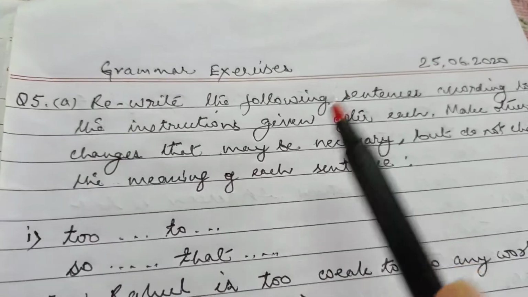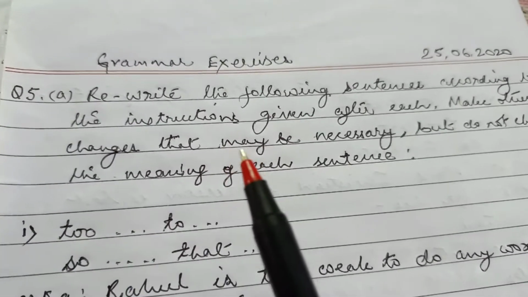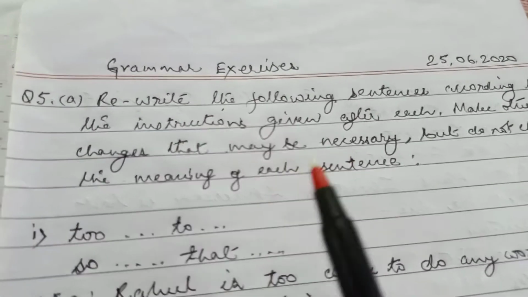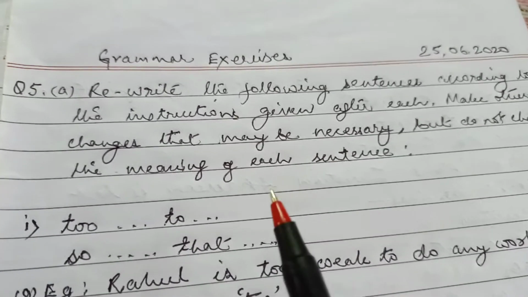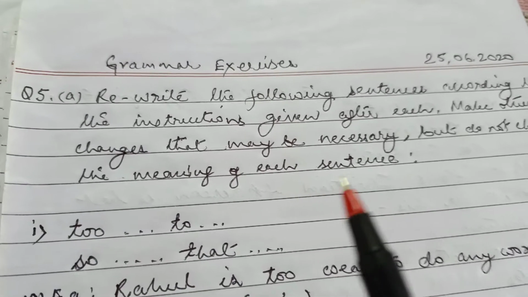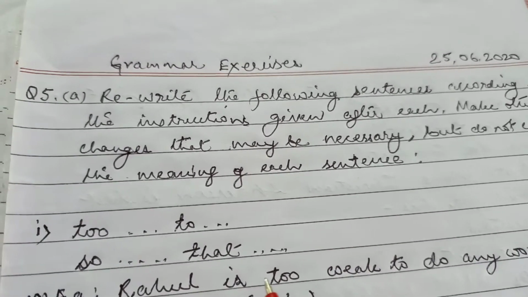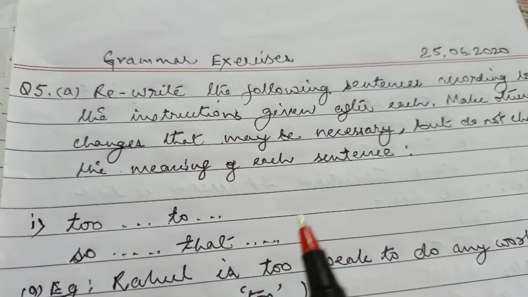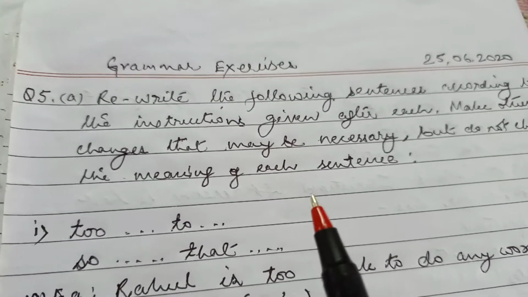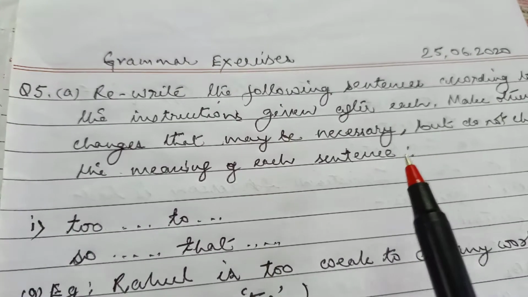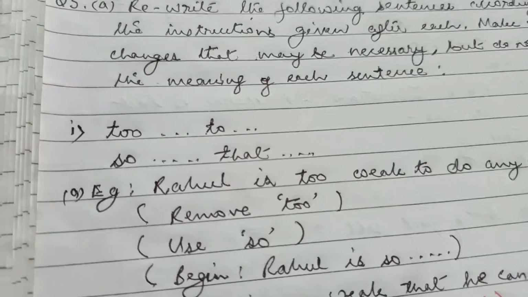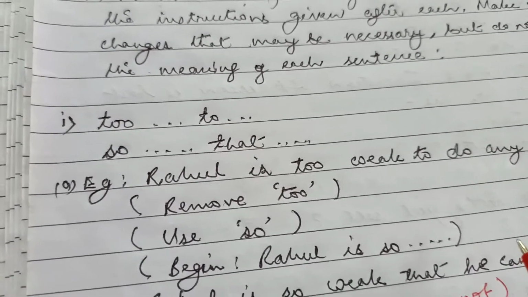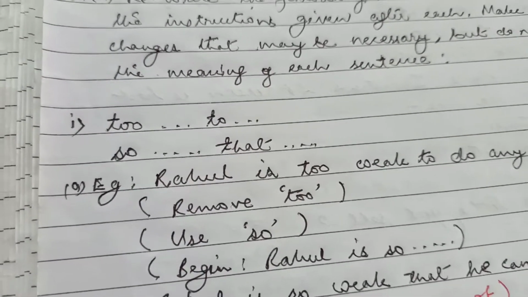This is what you must understand. We are given sentences, and after every sentence we are given the instructions. Whatever instructions are given, we have to follow those instructions and carry on with our answers. But in the answers, we must keep in mind that we are not allowed to change the meaning of the given sentence. So let us carry on. As I told you, there are 5 exercises for today's class, which I have listed on the board, and the same thing is copied here in your